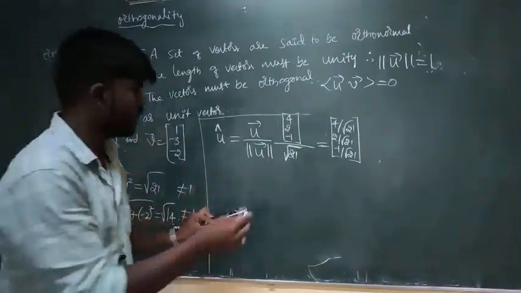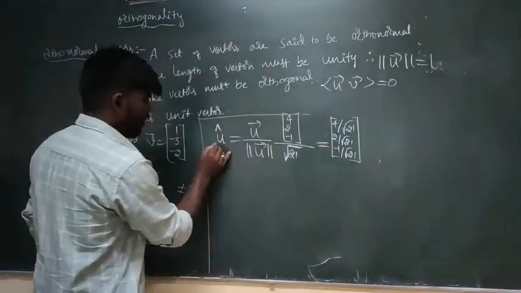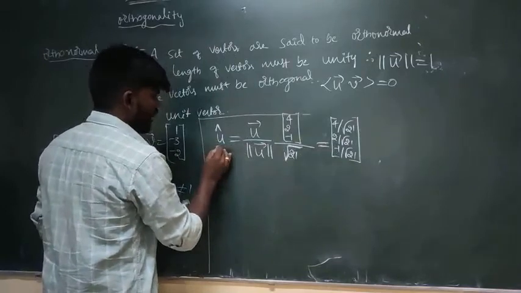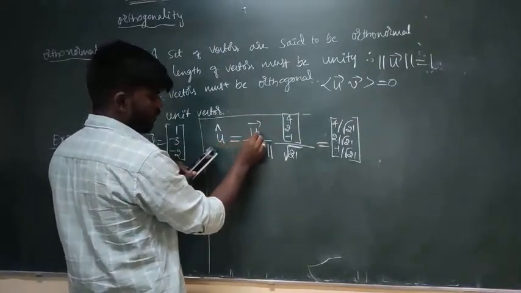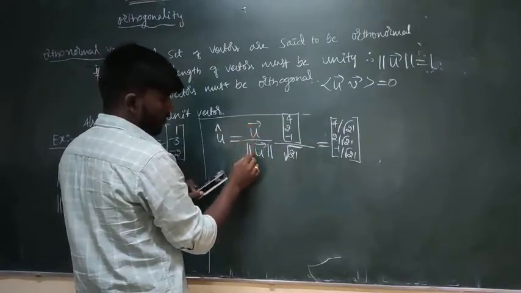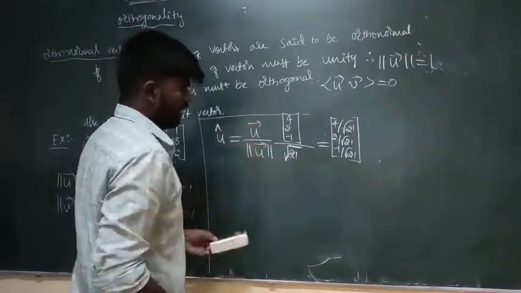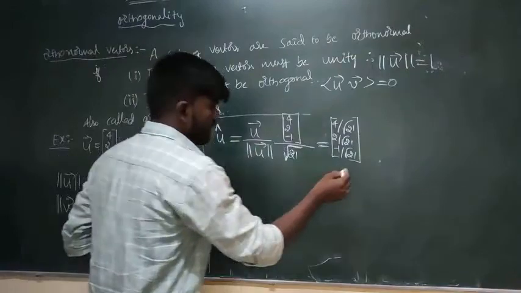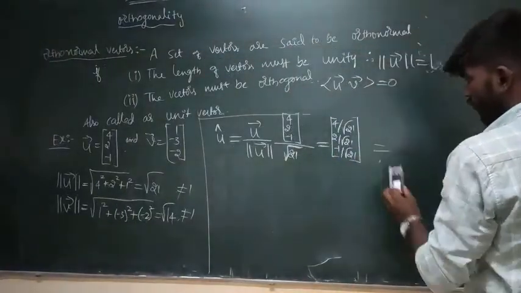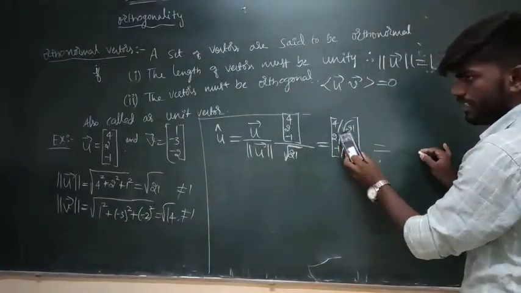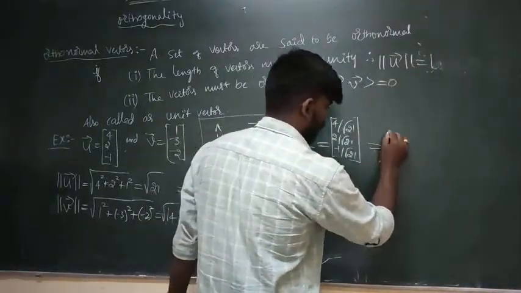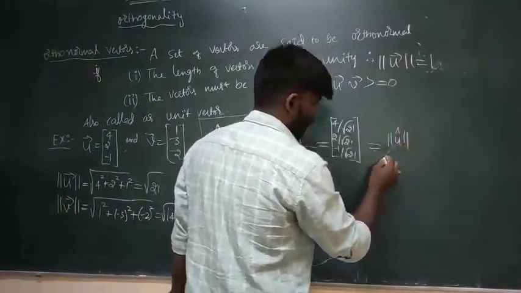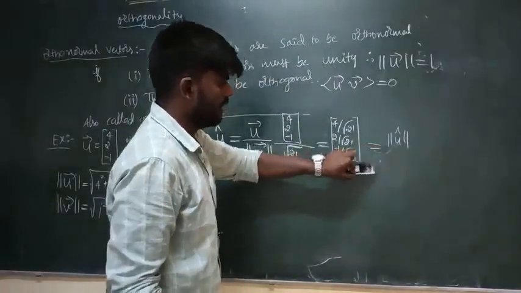How to find the orthonormal vector? We have a formula. The orthonormal vector and the unit vector are both the same: the given vector U divided by the norm of that vector. Its length is the square root of the sum of squares of each element. The norm of U cap, which is the orthonormal vector,